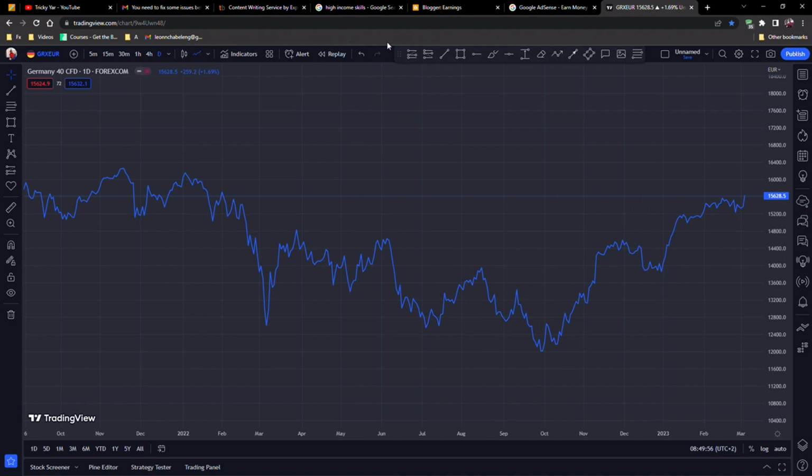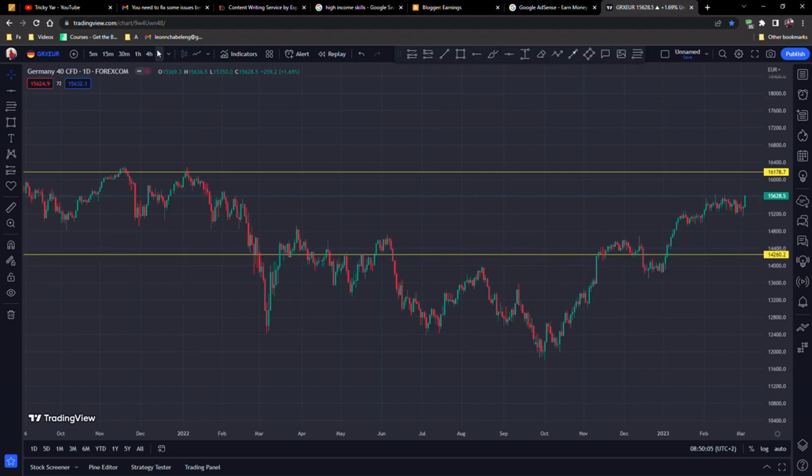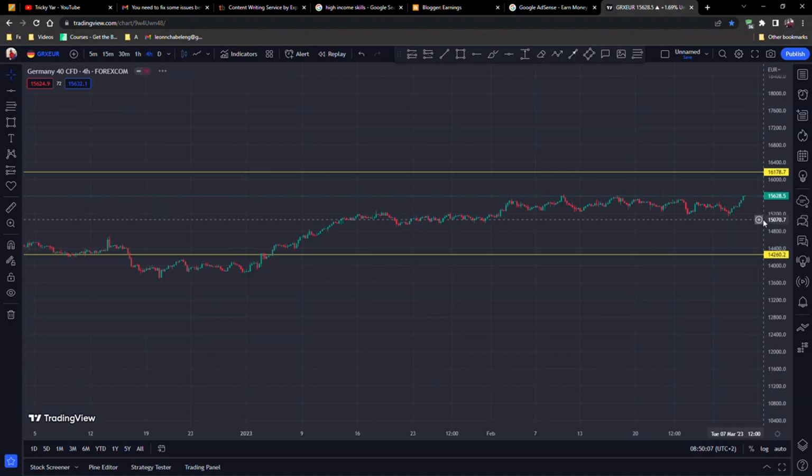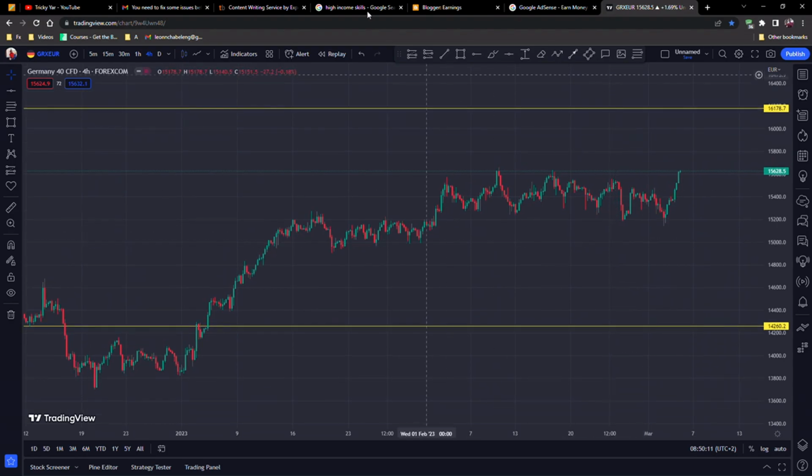Taking a look at Germany, and now we're gonna plot our weekly high and our weekly low. We're gonna go to the candlesticks on the 4-hourly time frame. On the candlesticks on the 4-hourly time frame, you can see that